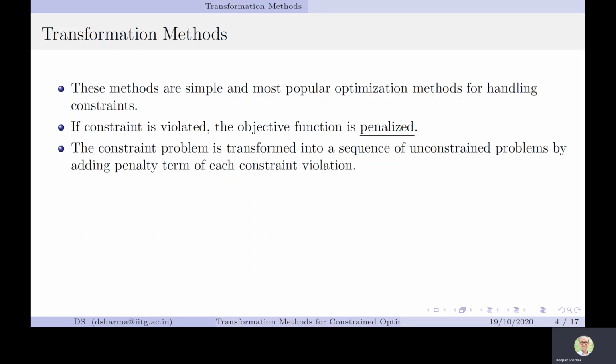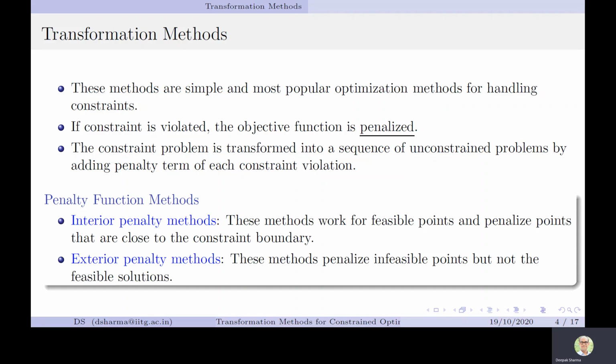In a similar format, penalty function methods add the constraint violation with a scaling factor to the objective function. As and when any constraint is violated, we increase the value of the penalized function so that we can compare a feasible point with respect to an infeasible point.